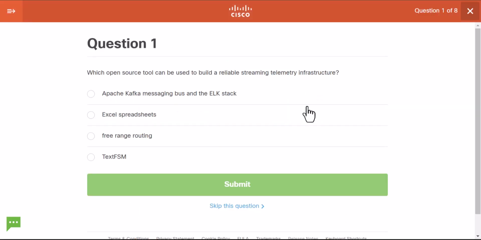Which open source tool can be used to build a reliable streaming telemetry infrastructure? Apache Kafka, Messaging Bus, and the Elk Stack. Not Excel spreadsheets for sure. Free range routing. I don't even know what that is. Neither do I know what text FSM is. So definitely the course covered, well, not covered, but mentioned Apache Kafka, which is the distributed streaming